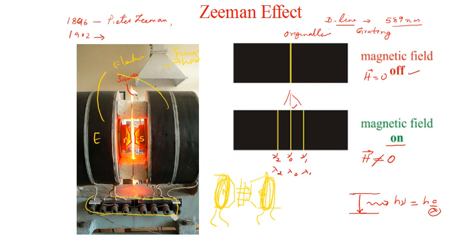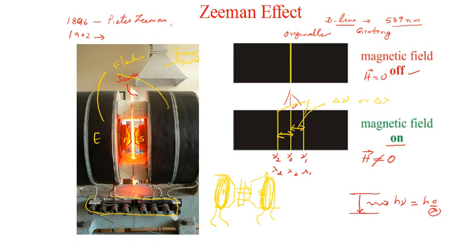Now the experimental arrangement is usually done like what you see in the picture. In this phenomenon, you can see there is some spacing between the central line and the component lines. These two are the component lines, and one is the central line. So there is a spacing between the original line position and the component line position. Corresponding to the spacing, there will be a change in frequency, delta nu, and a delta lambda, a difference in the wavelength between these two lines.